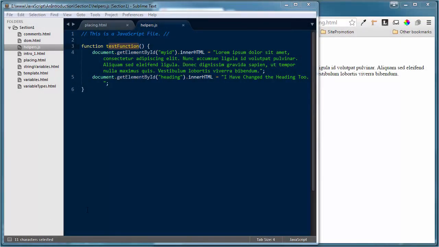One thing I do want to point out, because I actually forgot to point this out and I should have, you can place external script references in the head or the body section of the document. I like to keep them in the body because to me, it helps the page load faster. The script will behave as if it was located exactly where the script tag is located in your document, so be careful. And the reason I say that is if I load the script in the body of the document,